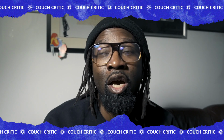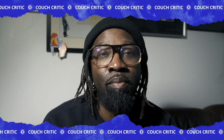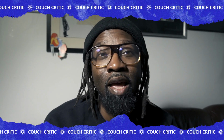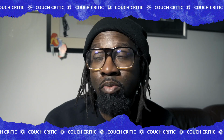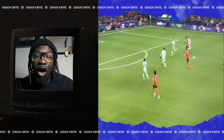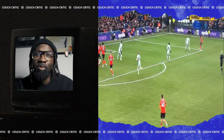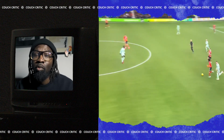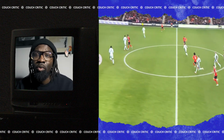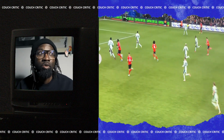But because we weren't very good at making the ball stick up top, and we weren't very good at being connective and finding that connectivity in the final third, those turnovers proved to be quite costly, and it allowed Luton to find their foothold in the match. On more than a couple occasions when Chelsea went long, or even when Chelsea had possession and worked it into the final third, a turnover was always what led to Luton breaking and getting into scenarios where